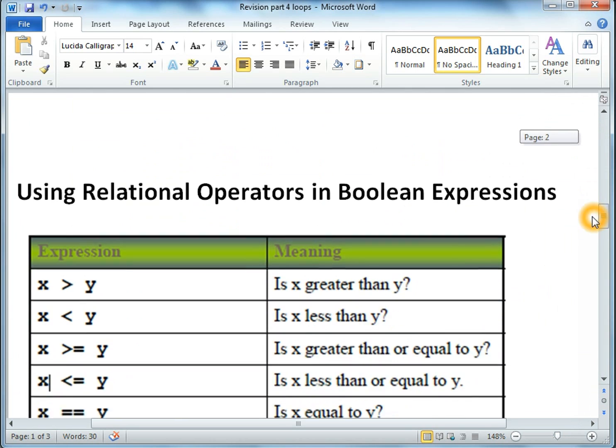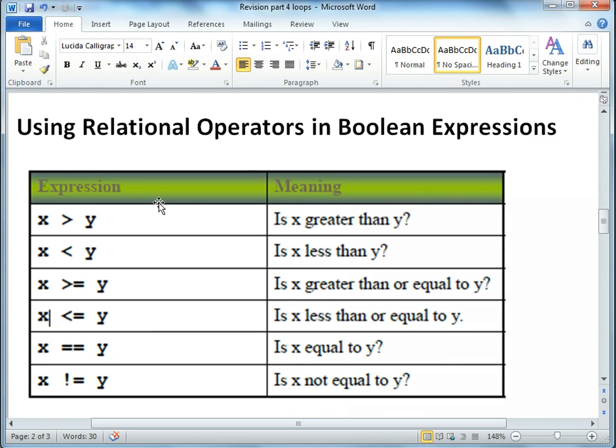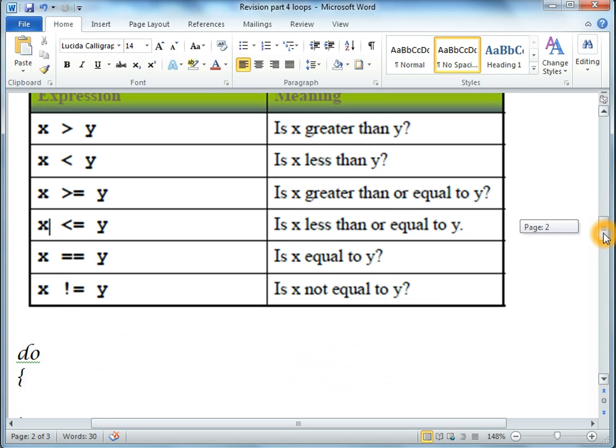And we will still need these, the Boolean expressions. We need to learn how to use these and how to set these, comparing variables, greater than, less than, and all that, which I've covered in the if statement bit. And a do-while loop